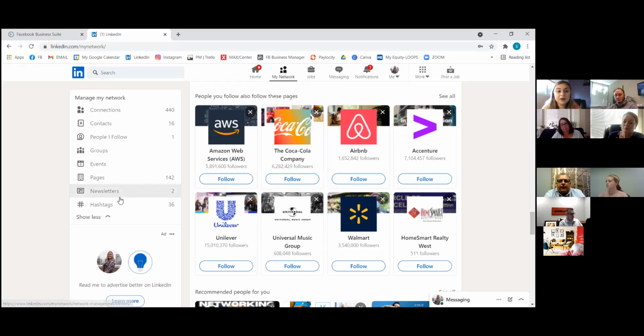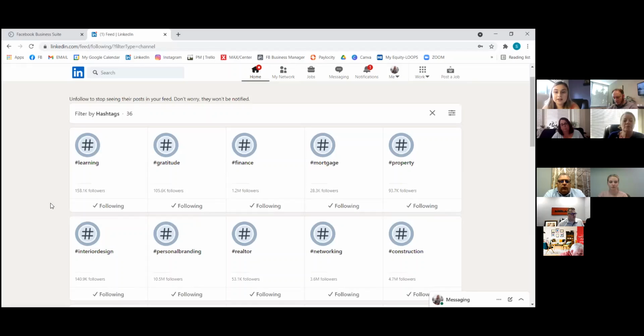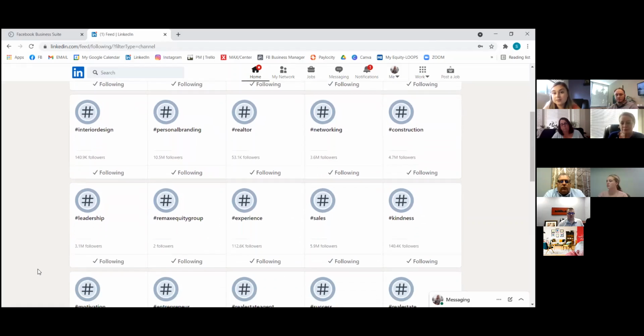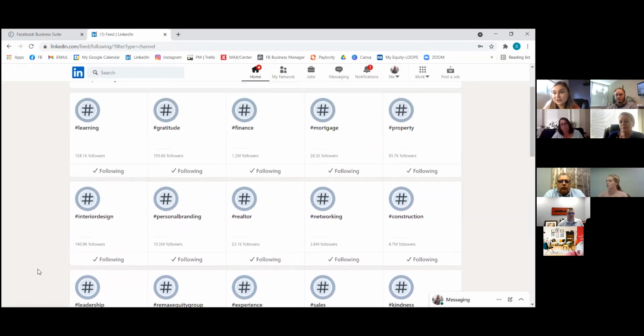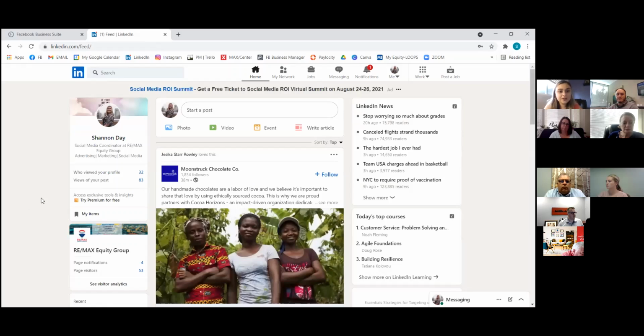For my network, you can also have hashtags on here. Here are my hashtags for LinkedIn, and you can see the number of followers for each hashtag. You definitely want to have some of these on here. This is also what aggregates all the noise on the platform and hones it into what you're interested in seeing, and funnels the conversation a little more for you, which is really good for your business page if you're focused on real estate, which is the point, right? So I would go through that.